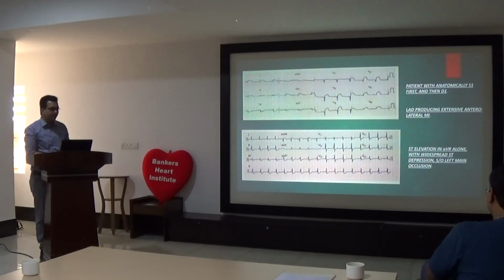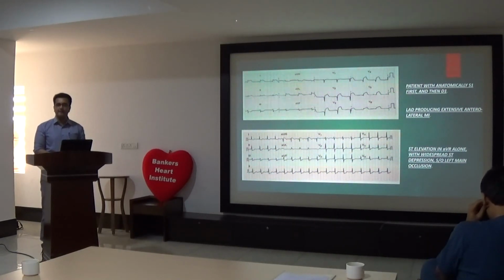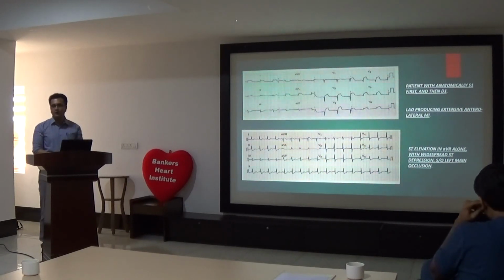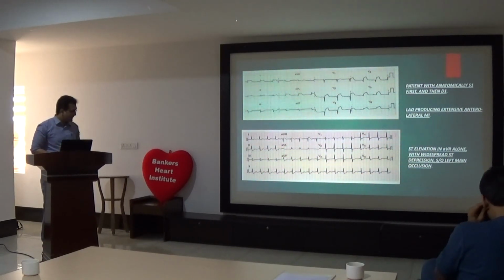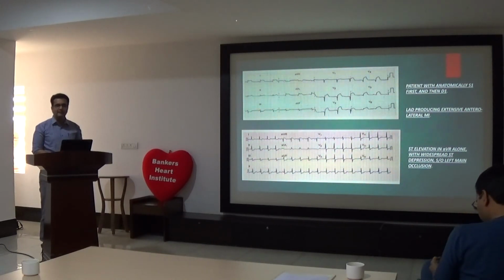Yes. Classical rhythm abnormality of proximal LAD block: a new onset bundle branch block. New onset left bundle branch? If your septum is not having blood supply from the left side, it will produce left bundle branch or right bundle branch block? RBBB pattern. So new onset RBBB is always an issue. Most of the times proximal LAD, or it can be something else in a given context, but new onset RBBB